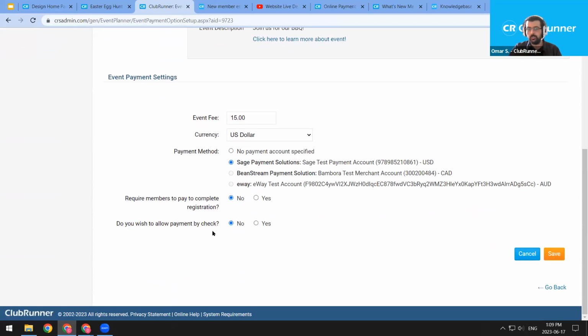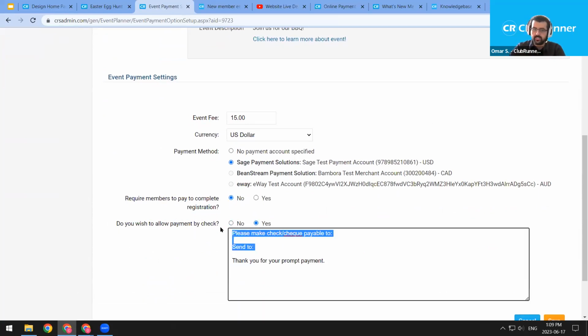And it's this "Do you wish to allow payment by check" option. I'd suggest clicking yes, and then you can just delete this information and say, "Please pay by," you could include the check information, but you could just go straight to it. "Please pay by e-transfer by submitting the e-transfer payment to our club's e-transfer email address." I'm probably being verbose, but then you would include the club's email